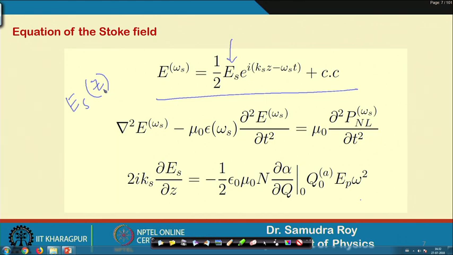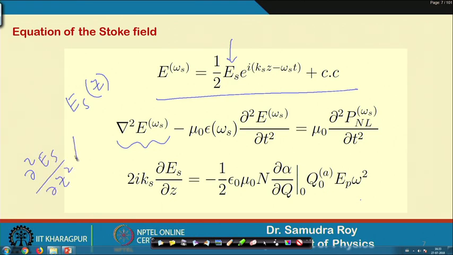and here in this equation, if I solve or simplify this equation, I have the evolution equation of the Stokes field. I am not going to do this in an elaborate fashion, because we have used this equation several times and know how to handle it. Again we will use the slowly varying envelope approximation, so that I can neglect the second order derivative term.